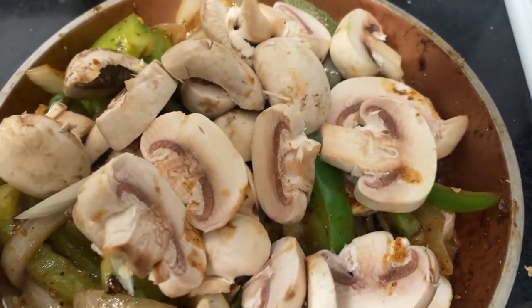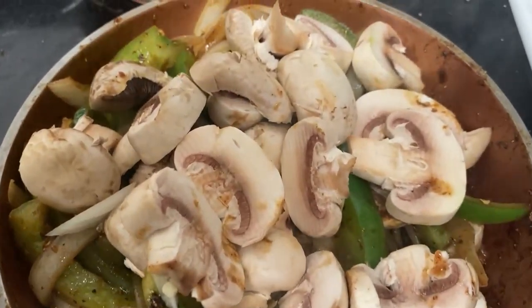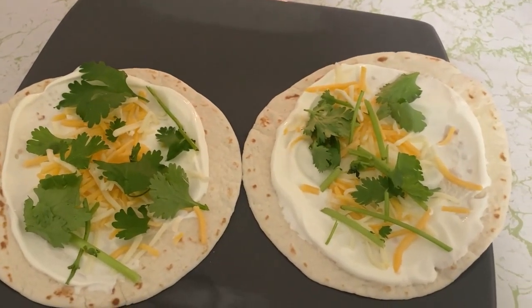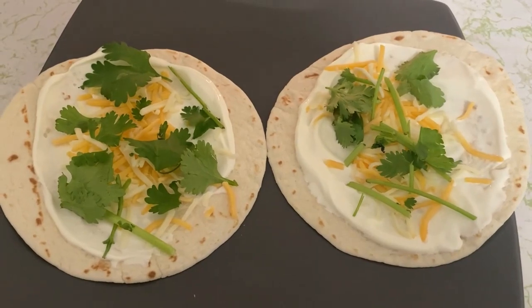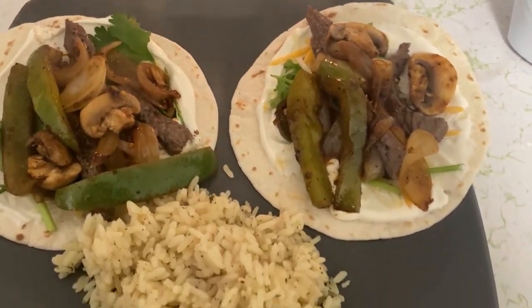After those vegetables cooked a little bit and I added some seasoning, I added my mushrooms because they do not take as long, and I added some sour cream, some cheese, and some cilantro, and put everything else on top. Super easy and delicious, and we added some hot